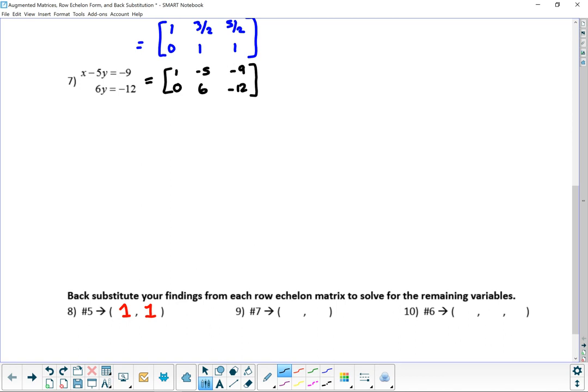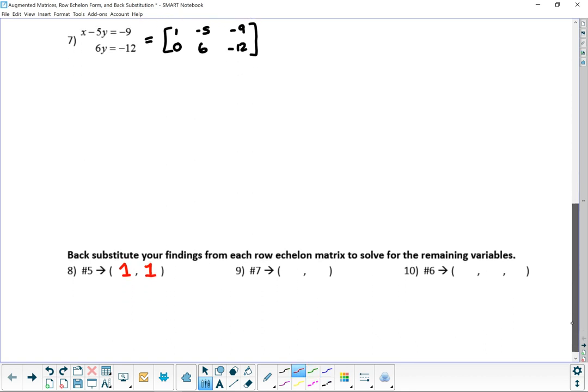Write an augmented matrix, then go ahead and work towards it, right? So what are we doing? This actually looks pretty good. The first column looks good. All we need to do is figure out the second column. So it looks like we're going to do row 2 multiplied by 1/6. Okay, and that's going to get me